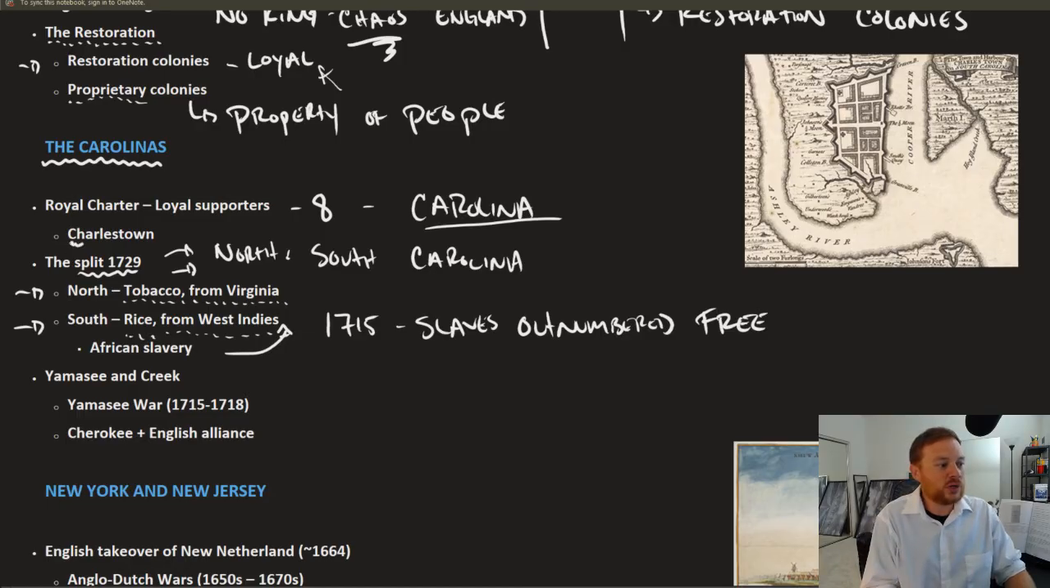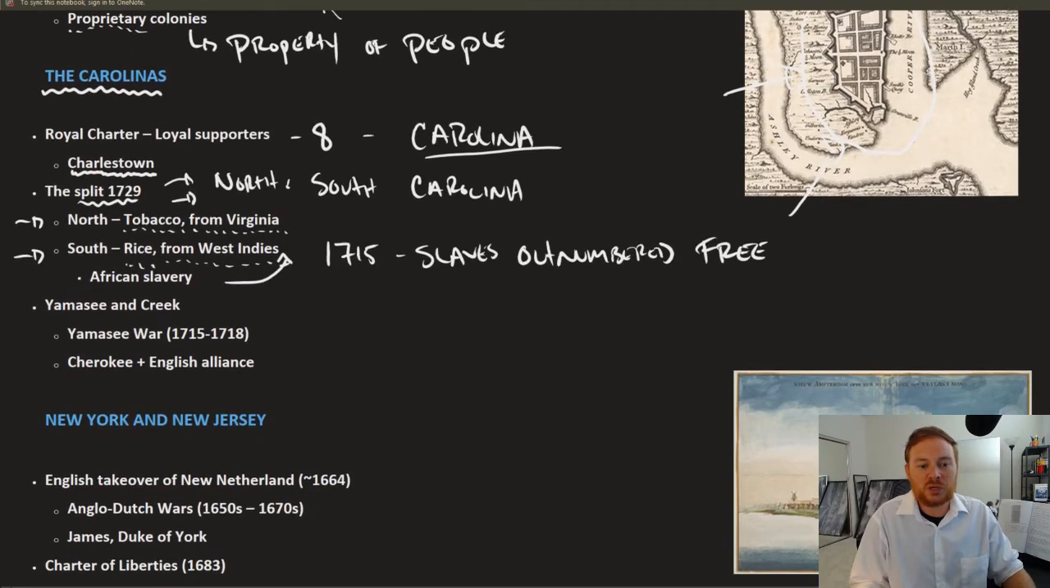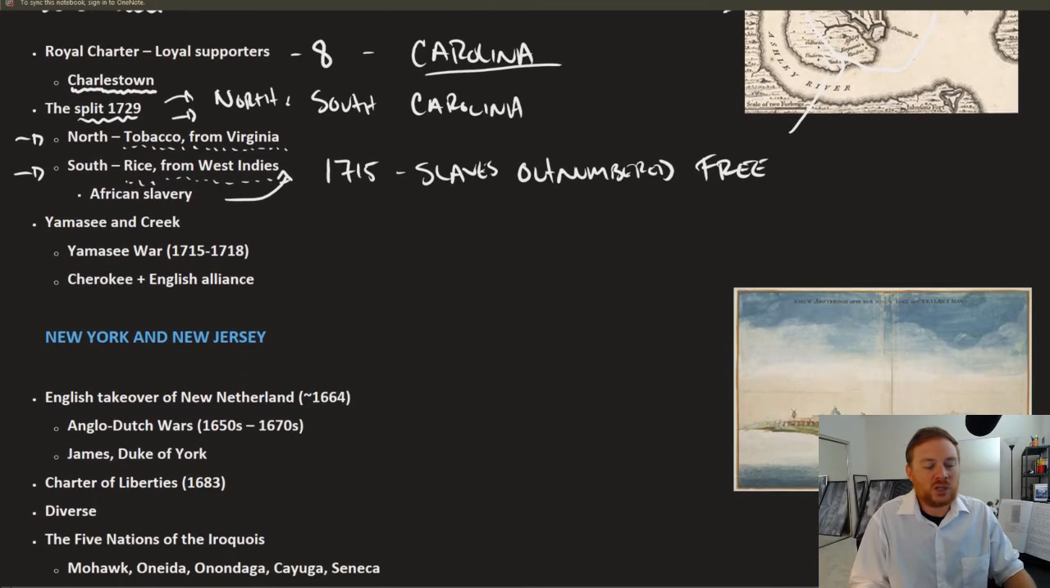The capital of Carolina Colony was Charlestown, appropriately named after Charles II. You could see a map or a picture of the Carolina Colony here. This is a very early depiction, a very early settlement of that colony. So, when we think about the Carolina Colony, it is mostly a cash crop producing colony that relies very heavily